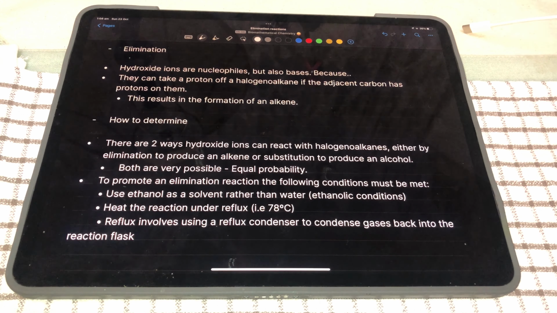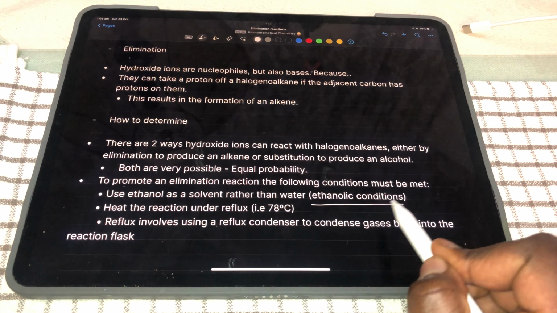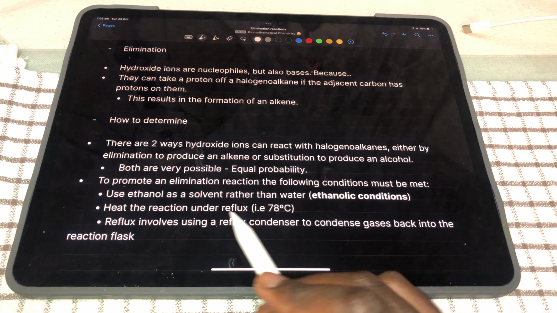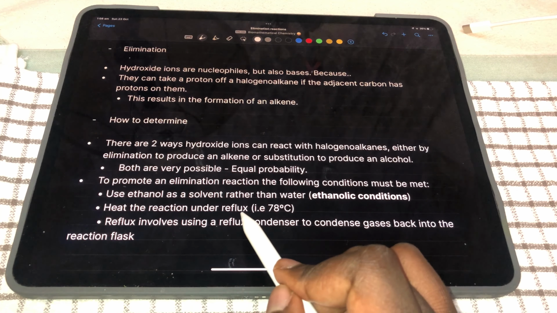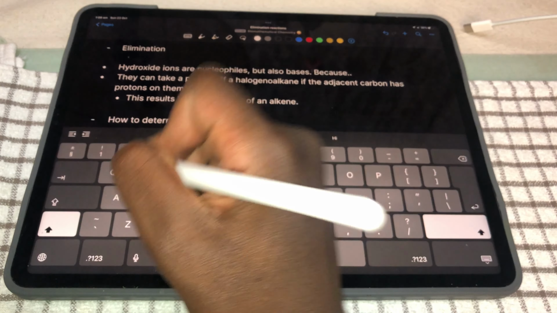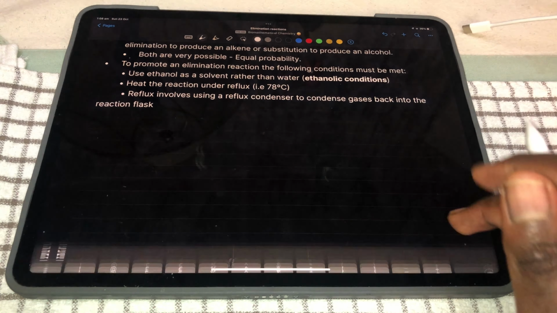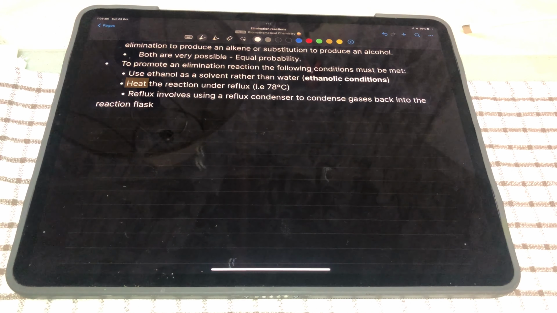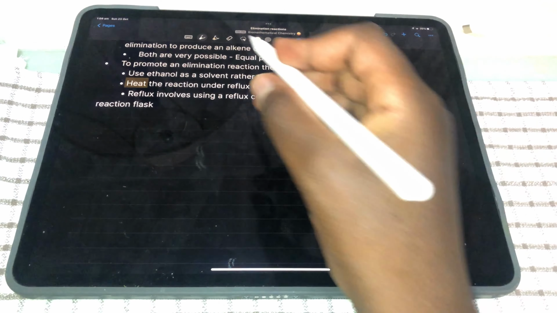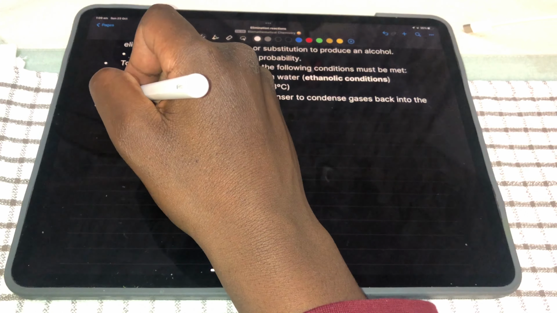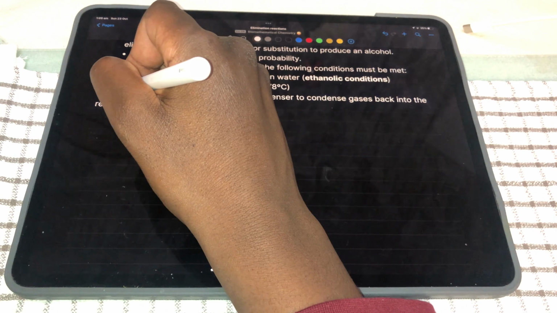You need to use ethanol as a solvent rather than water, and that's generally given as ethanolic conditions. They'll say hot, and the other one is heat under reflux, i.e. 70 degrees Celsius. This part isn't really needed, but they'll usually say it's hot. So it's usually hot and ethanolic and done under reflux. The reflux part is usually not seen as much, but I think it is important. It's saying it's under reflux,